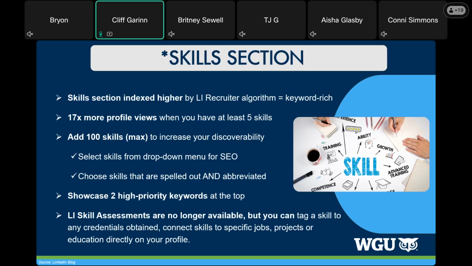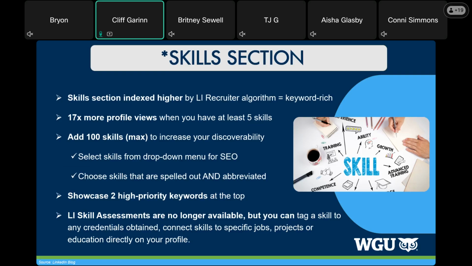Another good tip is to make sure that you're working your skills section. Your skills section is indexed at a higher rate, again, with that LinkedIn Recruiter algorithm. You can include up to 100 skills in that skills section, but you want that top 5 to be your most important.